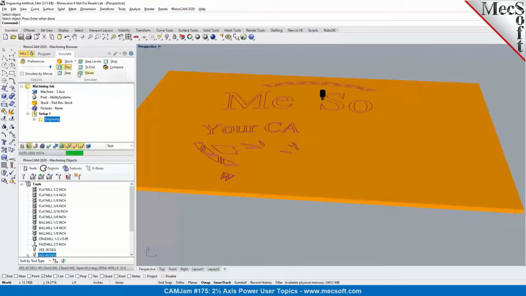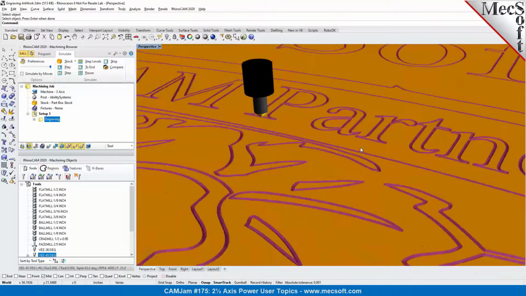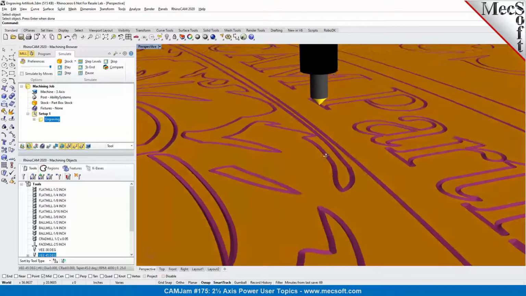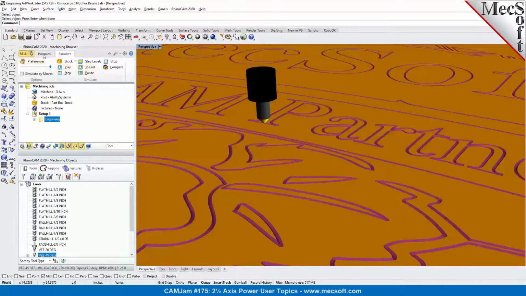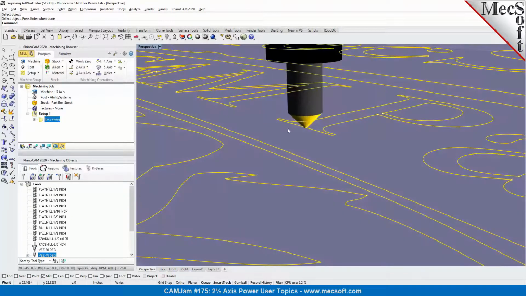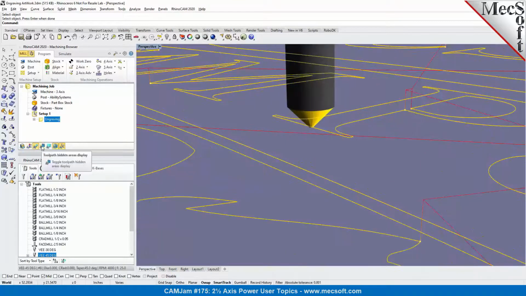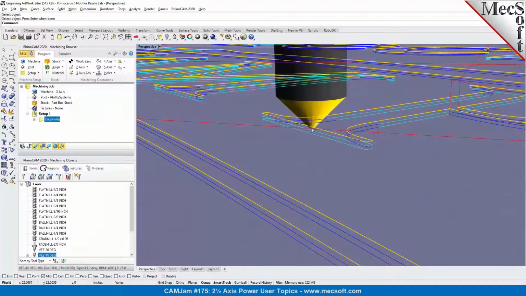So if you'd like to run through the simulation here, you could always select the pause and then pick simulate to end to run through the simulation. Depending on the tool that is selected, you'll see the shape that's formed with the engraving. And with the engraving, the tool tip stays on the part region that you selected as your geometry for engraving. So I'm going to display the toolpath in hidden area so you can see the toolpath. So the tool stays on the geometry